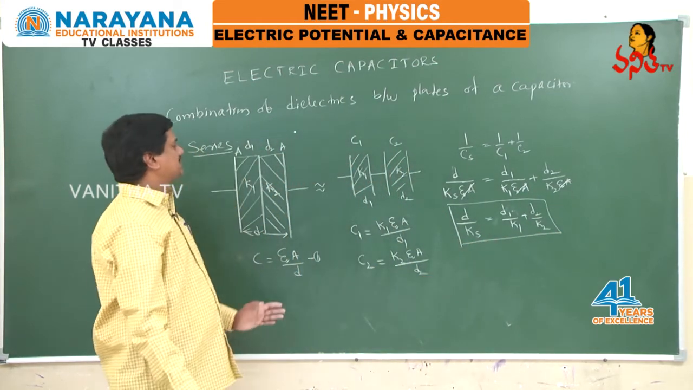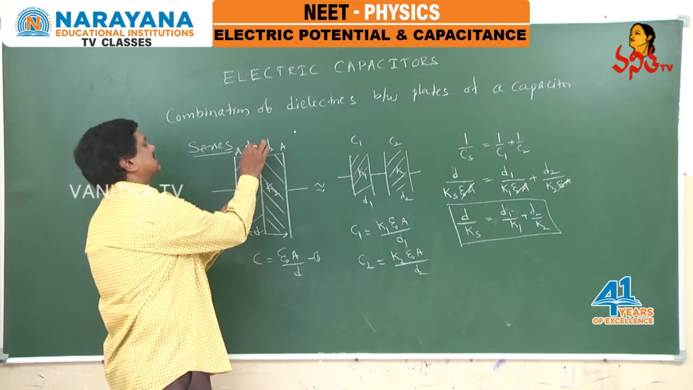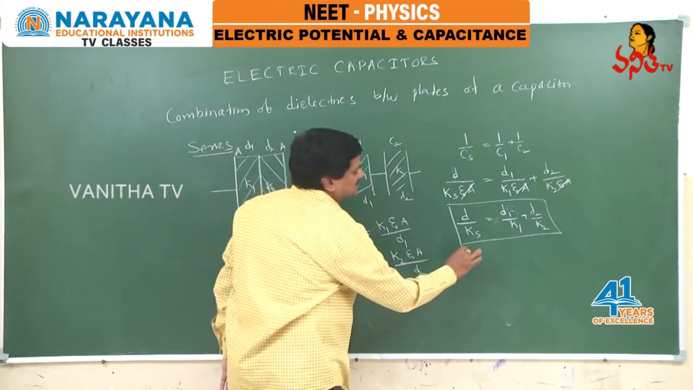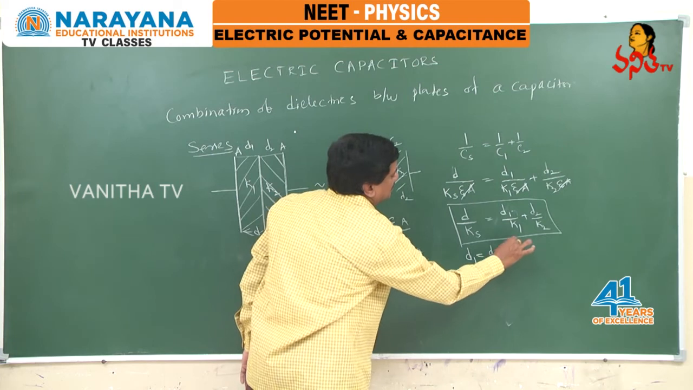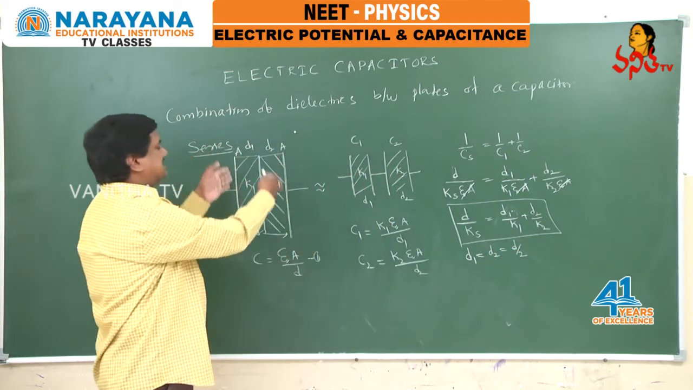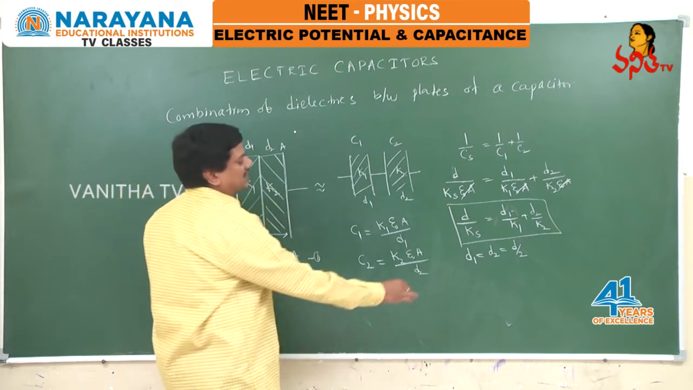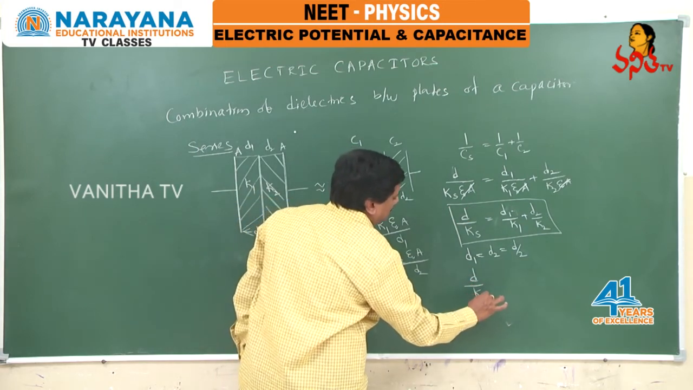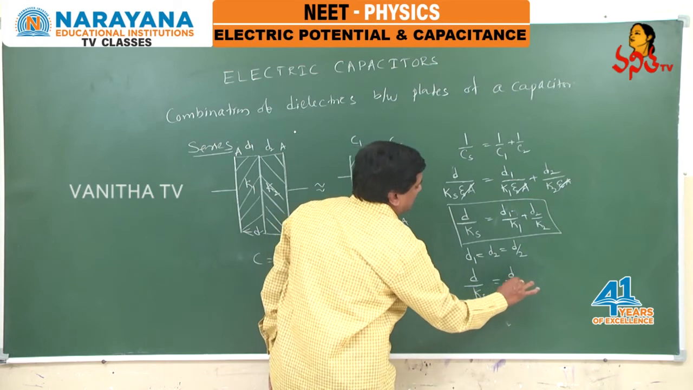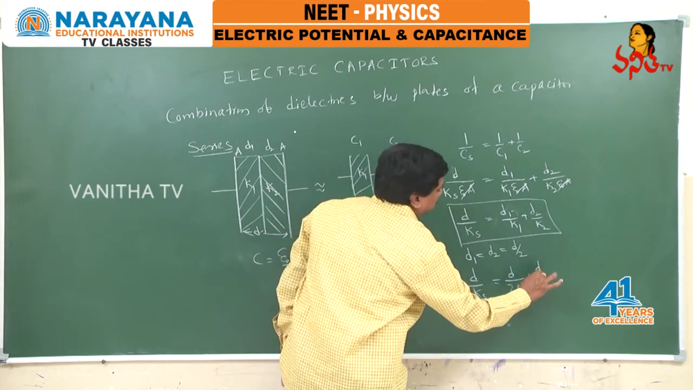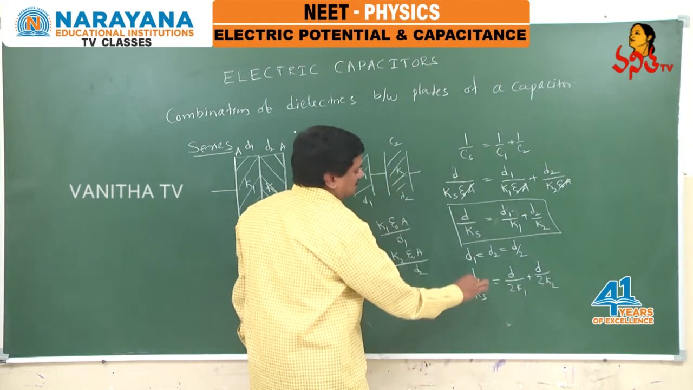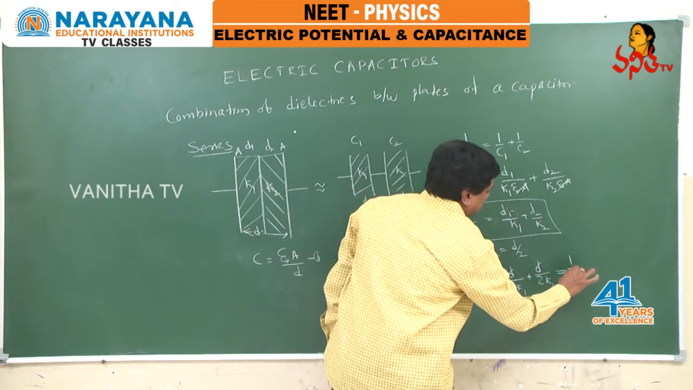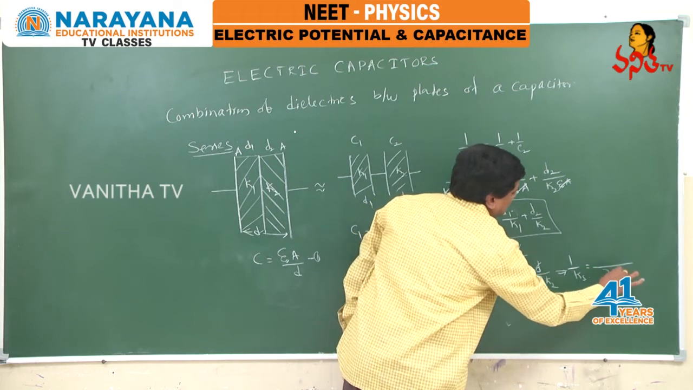In simple problems, they may mention that the thicknesses are equal, D1 equals D2 equals D by 2, where the total distance is D. Substituting in this equation, D by Ks equals D by 2K1 plus D by 2K2. Now D can be cancelled. From this we can find the effective value. So 1 by Ks equals, with LCM 2K1 K2,